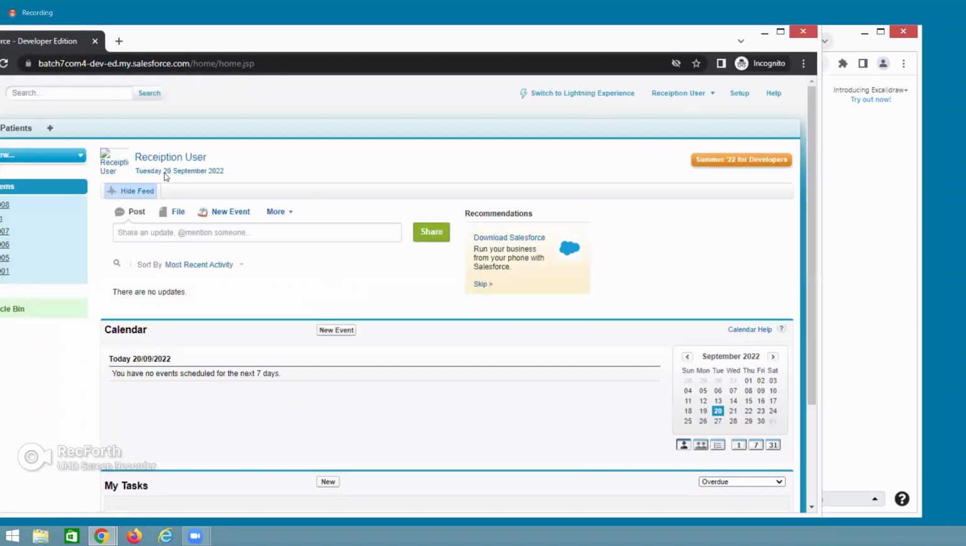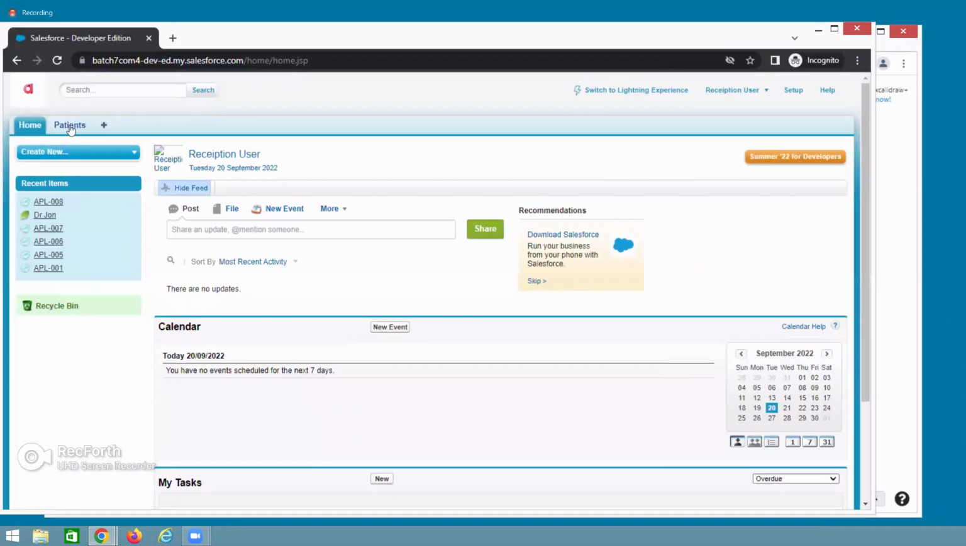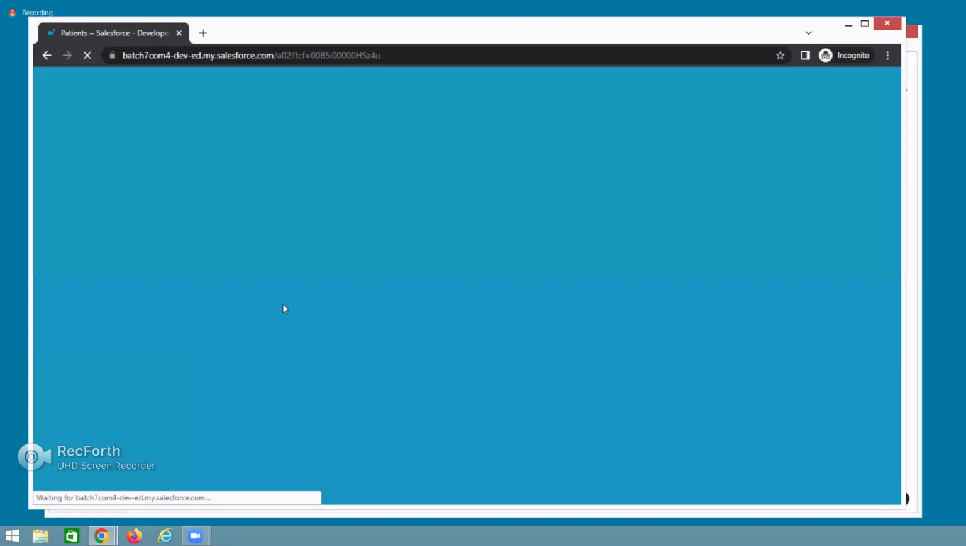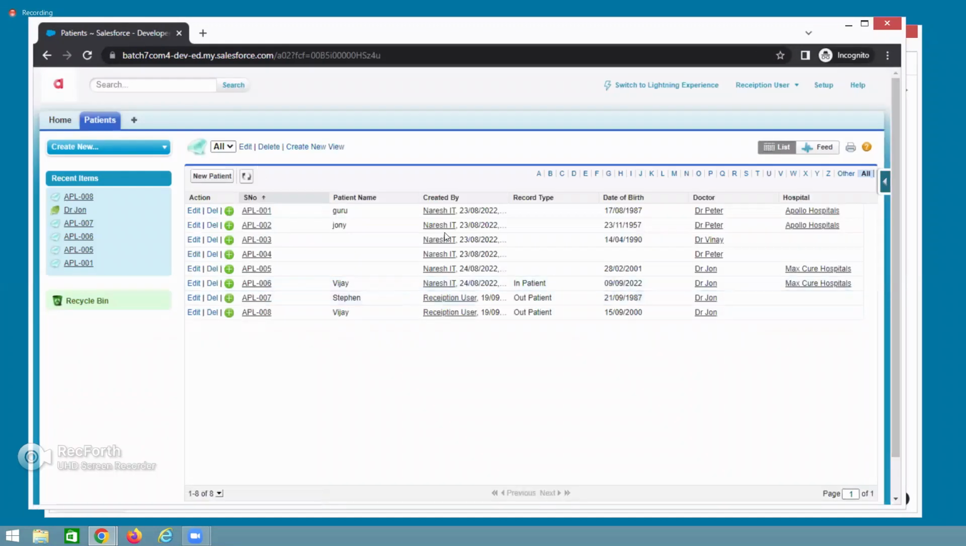Here, who is the login person? Reception user. So now if you see here, the reception user is able to see Naresh data and reception user data. Understand? Which object does this data belong to? Patient. Whenever you are giving the private access specifier to this,